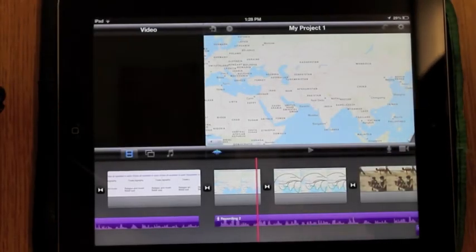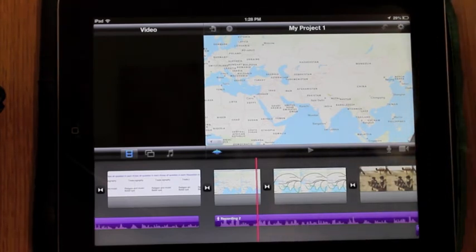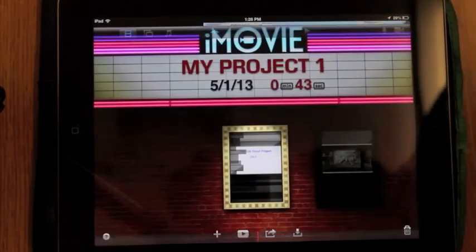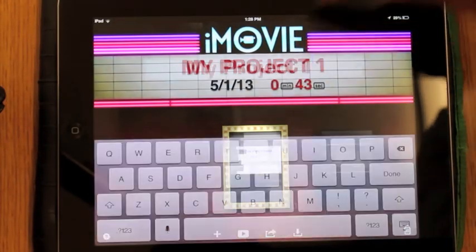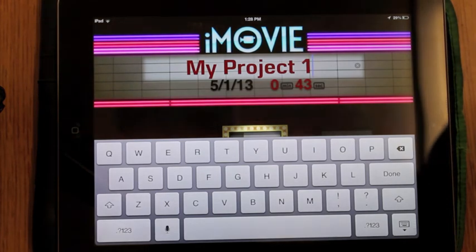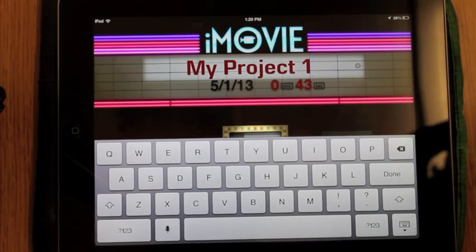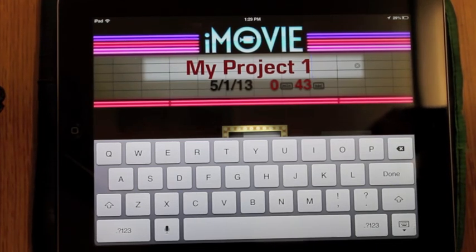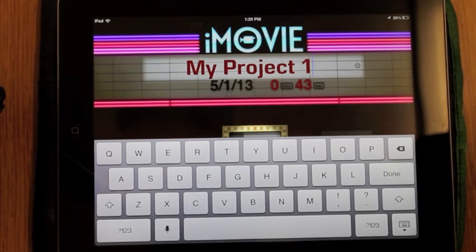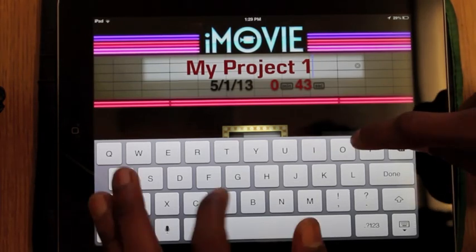Last but not least, when we are ready to hand in our movies are created, we've got our voiceovers and we've added all the slides that we need to add, we're going to post this to YouTube. So we're going to go back out to the main page in iMovie, and let's name our project something that's going to be indicative of who's in the group. So make sure that you put everyone's name on it, as well as if you guys have a group name or specific title or file name to differentiate it from other people that are going to be handing in this exact same project. So we can call mine,